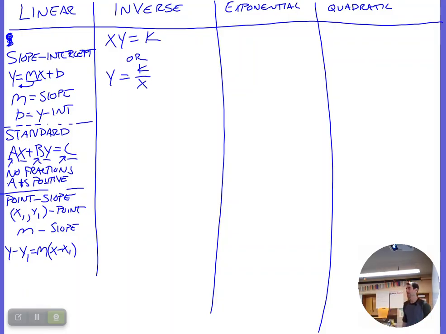Exponential relationships can get a little bit tricky in writing equations, so I'll do my best on this one. But in terms of identifying,